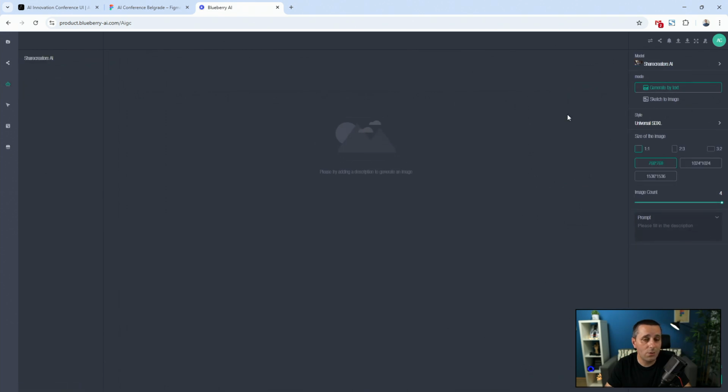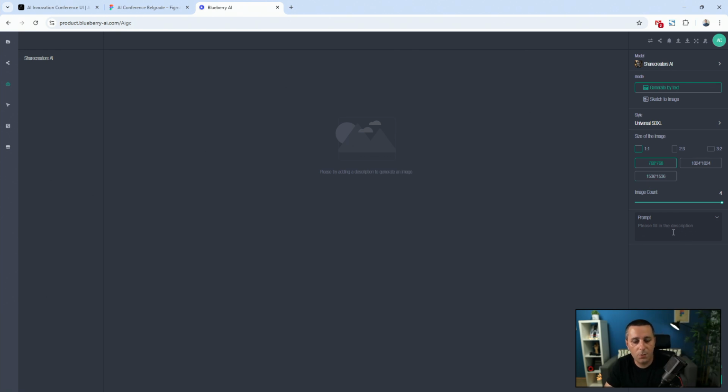So you can generate assets from text or sketch to image, for example. Here you can choose a model. Share Creators AI is the default model they are using, but you can also switch it to Midjourney, you can switch it to DALL-E, and then you can use different settings right here. So for example, if you want a square image, or an image which is great for, let's say, Instagram stories, you can check these settings for specific file dimensions, and then finally here